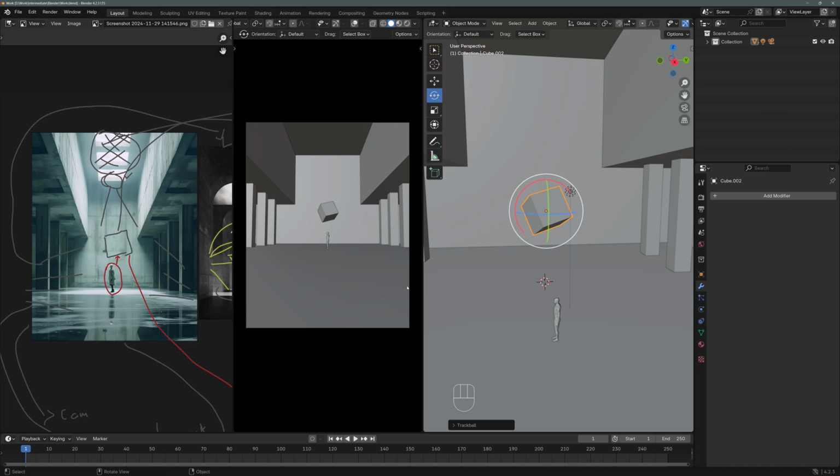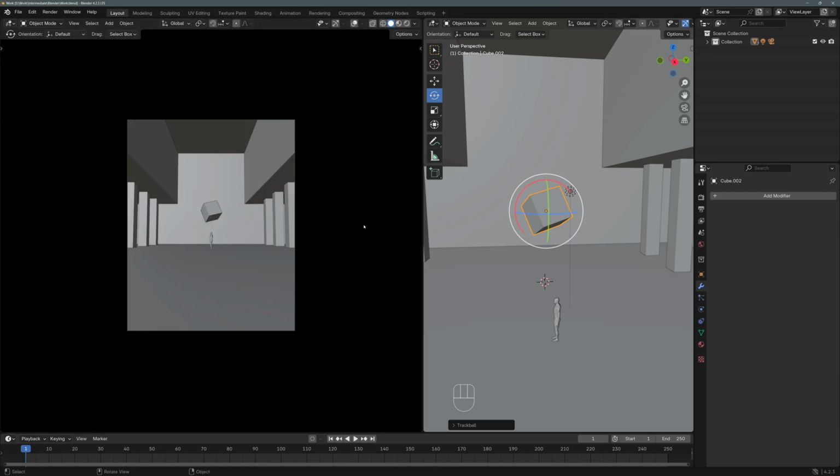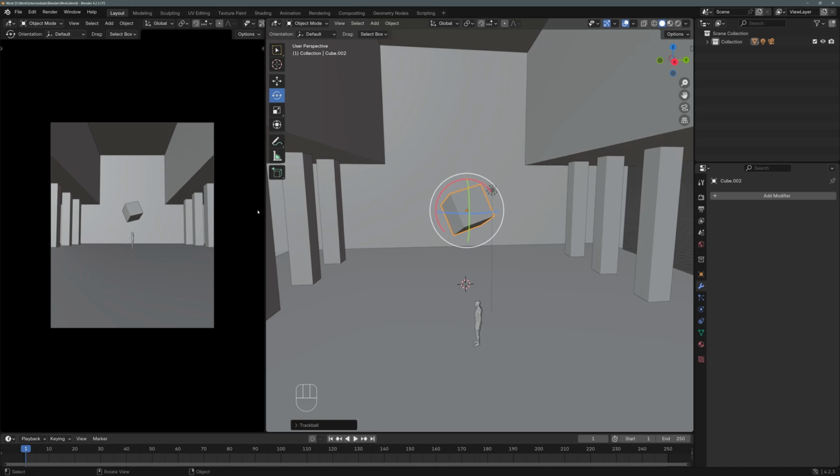So everyone, welcome back. This is going to be a quick one. We're just going to animate our camera. So what I'm going to do is I'm going to right click on this intersection, and then I'm going to join areas here so that we can just have our camera there. Don't worry, we're going to bring that back when we're going